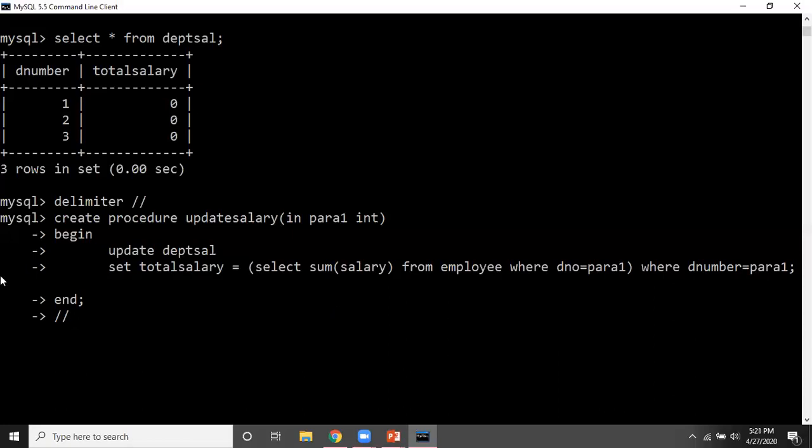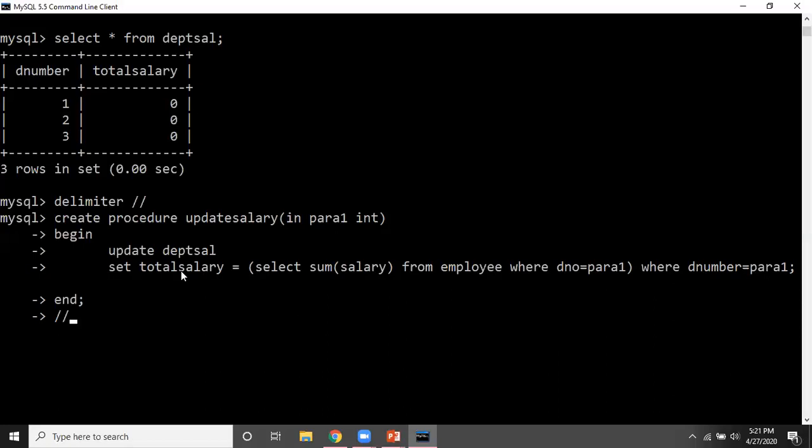Fine. So basically what we are doing, we are defining a procedure called update salary, which will take an input, a department number. It will take an input and that value will go to parameter 1. The body of the procedure, what is between begin and end, is known as the body of the procedure. The body of the procedure is a SQL command to update the total salary column.